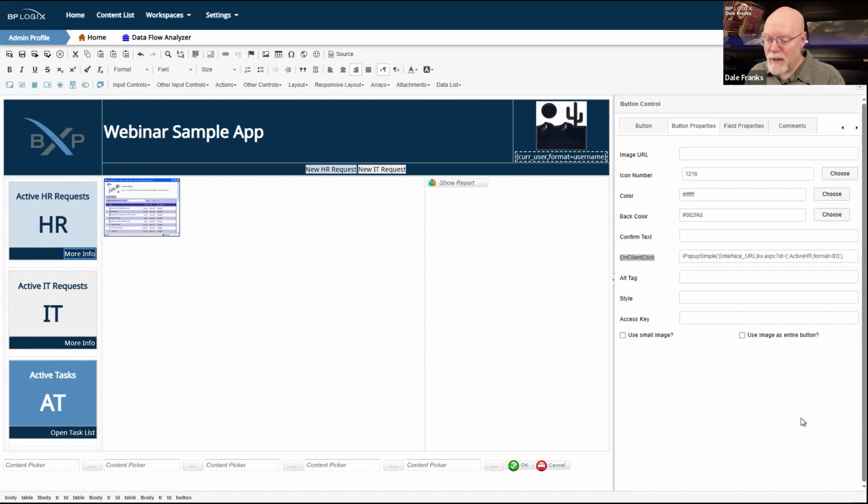Mostly, in an instance like this, sometimes we do care about it because it allows us to do some cool things in our user interface. What the on-client click property does is it says, okay, forget doing anything on the server. We don't care about server stuff. We only want something to happen on the client. So we're going to pass a command in the client. That's going to happen on the front end, and it's not going to put any extra stuff in on what the server is supposed to be doing.